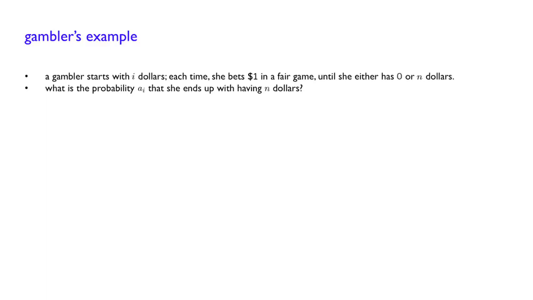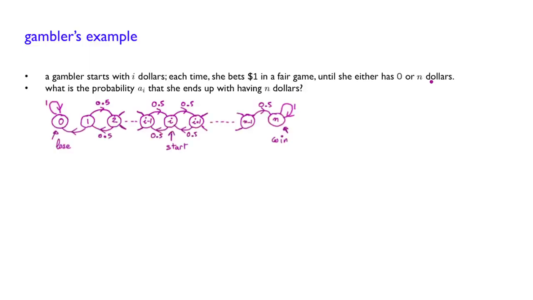And if this amount is neither 0 nor n, then she will play again, and the next state will be a number which will be increased or decreased by 1 unit, depending on winning or losing the next bet. So we can represent the possible evolution of this game with the following probability transition graph. So we have n plus 1 states. This is the state where she loses all her money. This is the state where she has i amount of money before the next betting. And here this is the state n where she reaches her goal and she can leave.